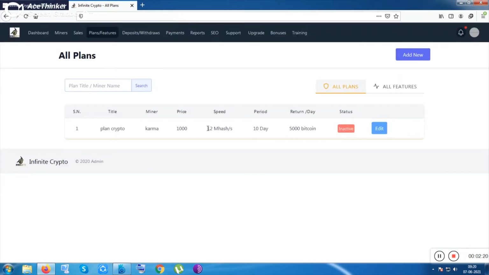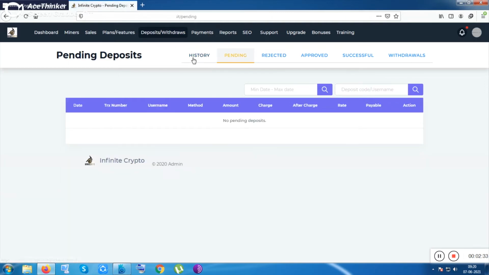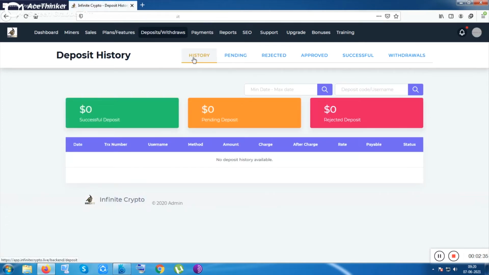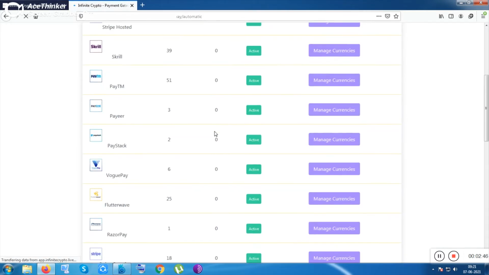And the next thing is deposits and withdrawals. This is also not known to me, like this is the withdrawing stuff, I don't know exactly. I think this will be your withdrawals, like withdrawing money, withdrawing crypto money, and pending crypto money, rejected, approved, successful withdrawals, everything. And inside the payments, the payment gateways, most probably all of the payment gateways are given